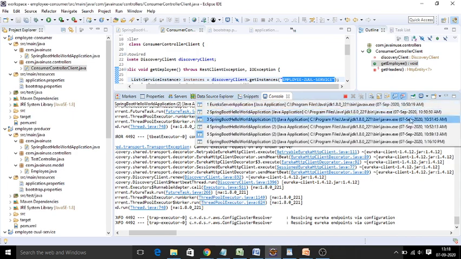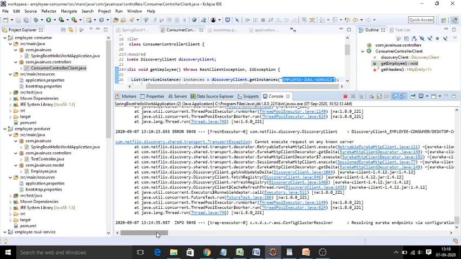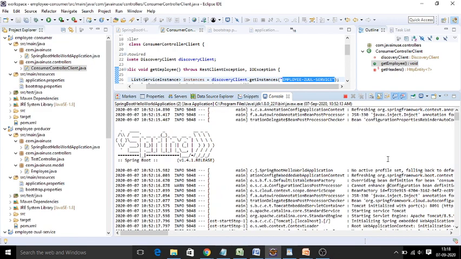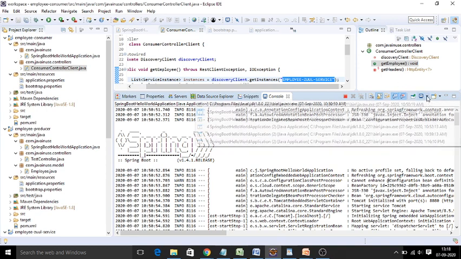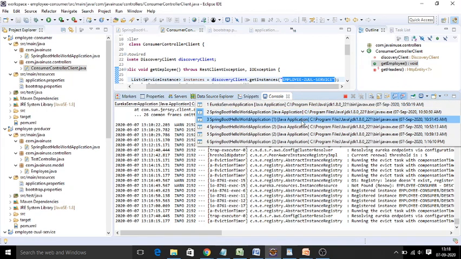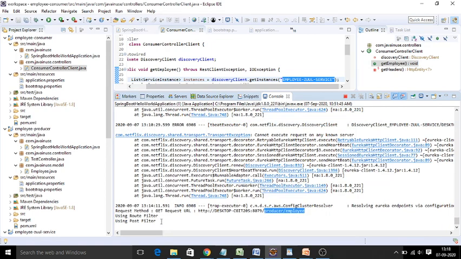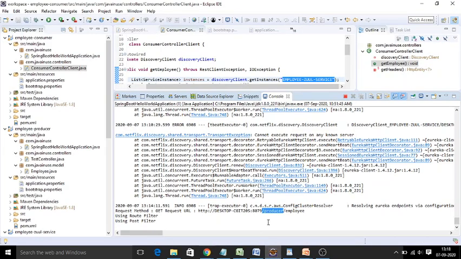This is a discovery client. This is a client application where the response is generated. And coming to this, this is a Zuul proxy console. So in the Zuul proxy console, you can observe the URL for your Zuul proxy API. This is an API gateway. Through the API gateway with the URL, it is dynamically routing with the path called producer and the employee. But the actual endpoint is only employee, right? But when we routed, we provided a routing path called producer/employee.